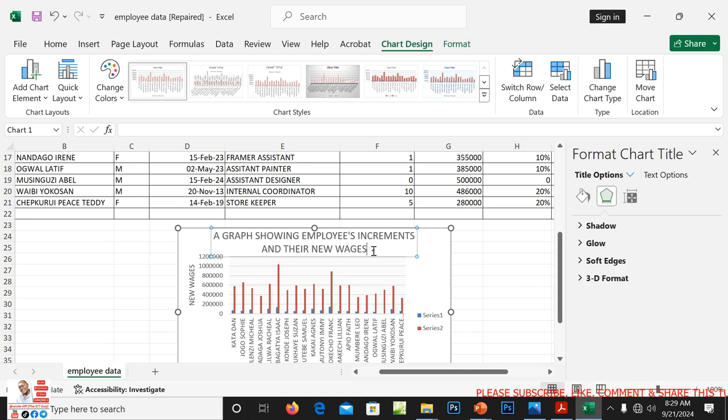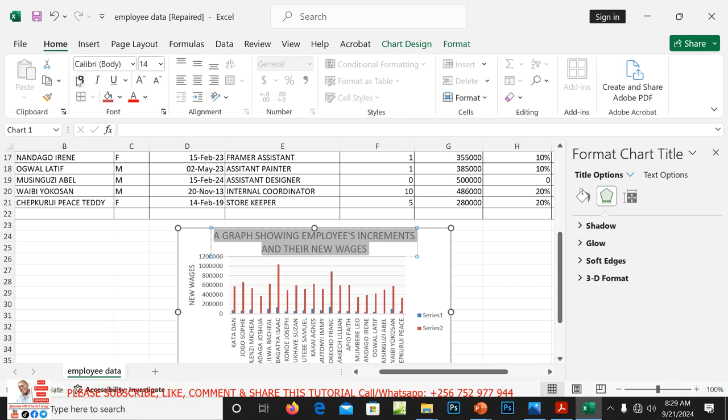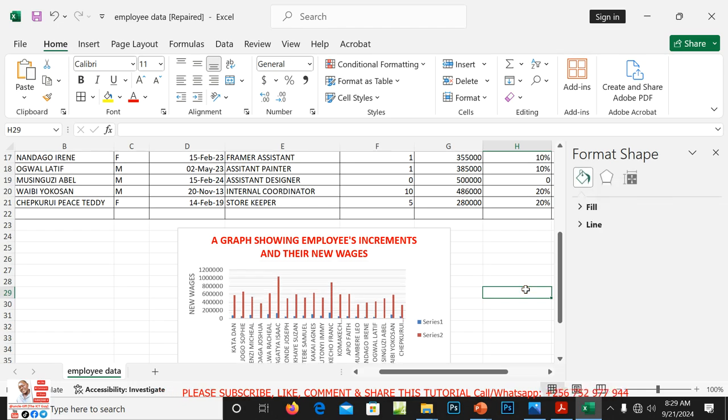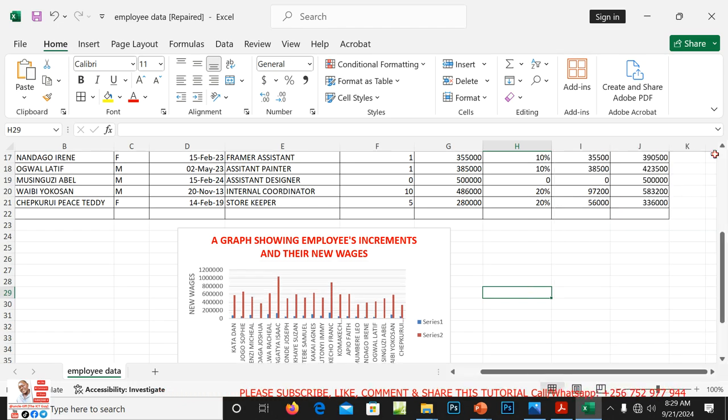Yes, something like this. We shall bold this and change the font color, something like that.